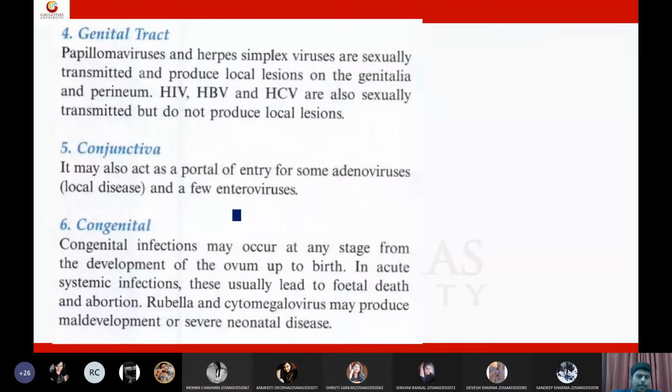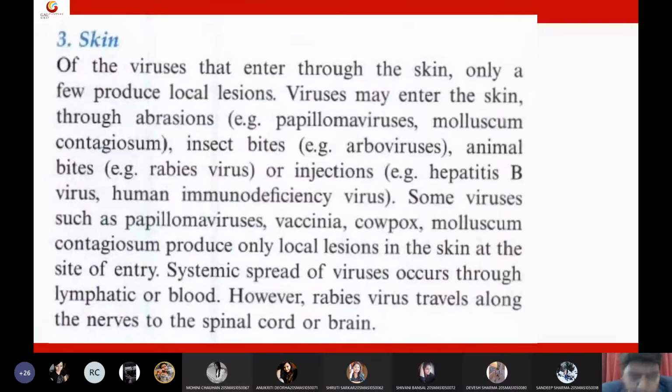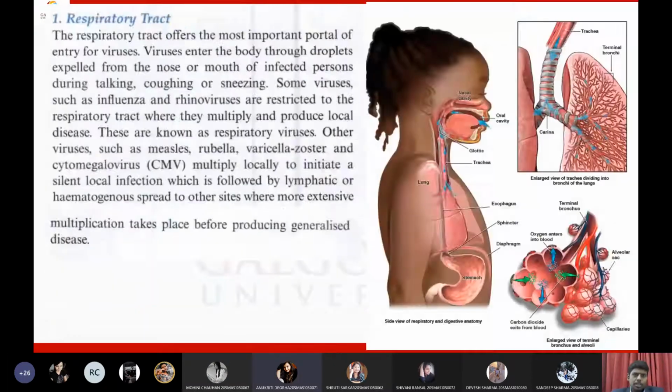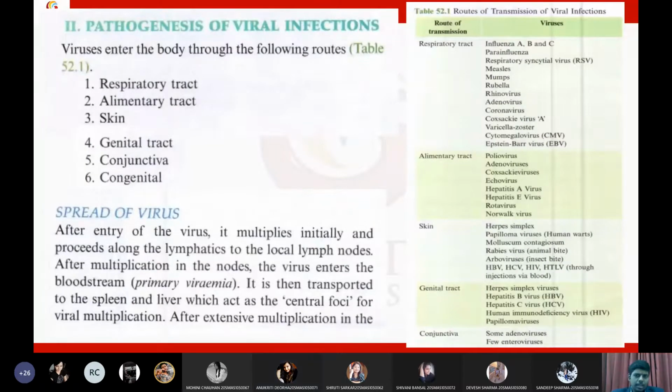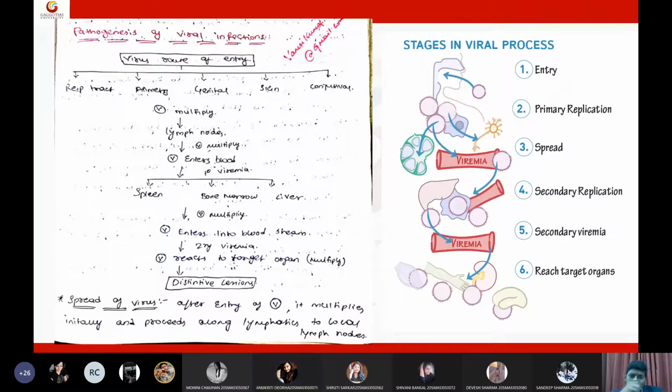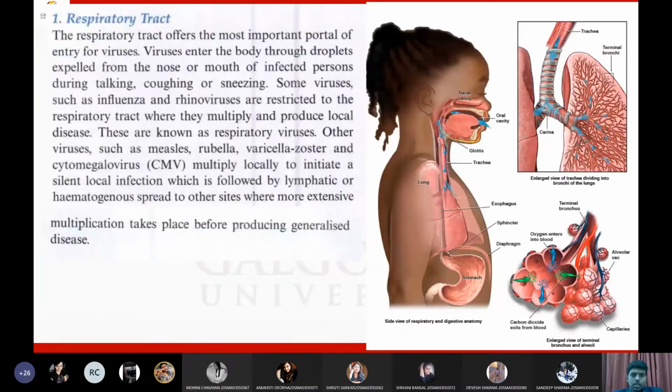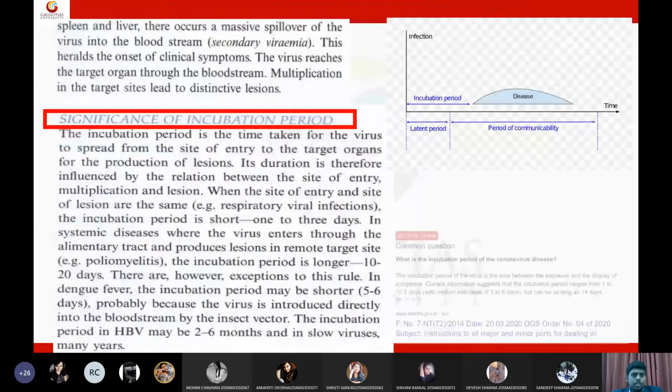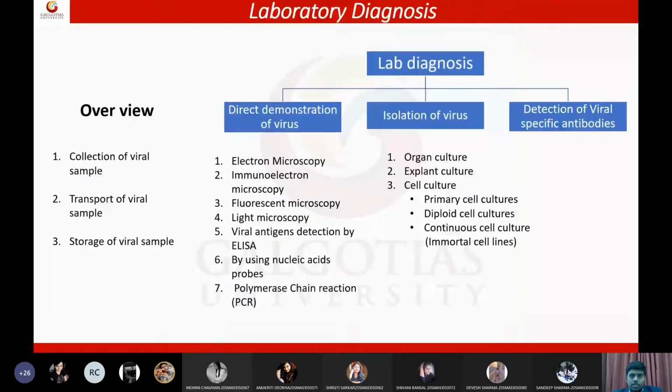And what are teratogenic viruses? Rubella virus. Okay, rubella, and there is one more, cytomegalovirus. What will they cause? What type of infection? They will infect mostly the fetus in women. They can cause fetal death. They may lead to abortions in the woman. Very good. So such viruses are called teratogenic viruses. Good. That's it, students.